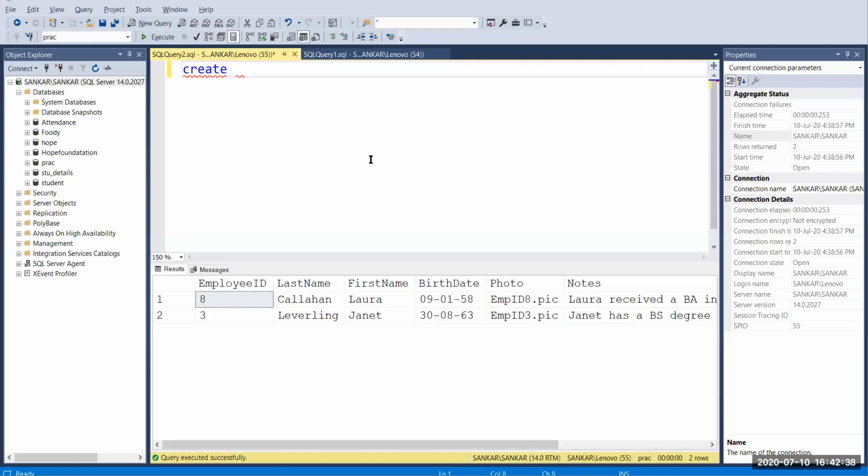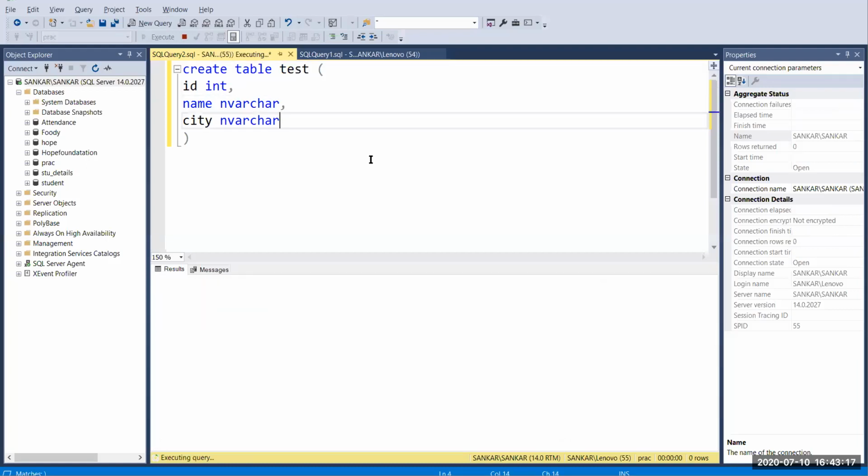CREATE TABLE, and I'm going to give two columns: one is id, that is int, then the second one is name, that is varchar, and city, that's also varchar. Here you have to give your table name, and I'm just going to give test. So I just run this.